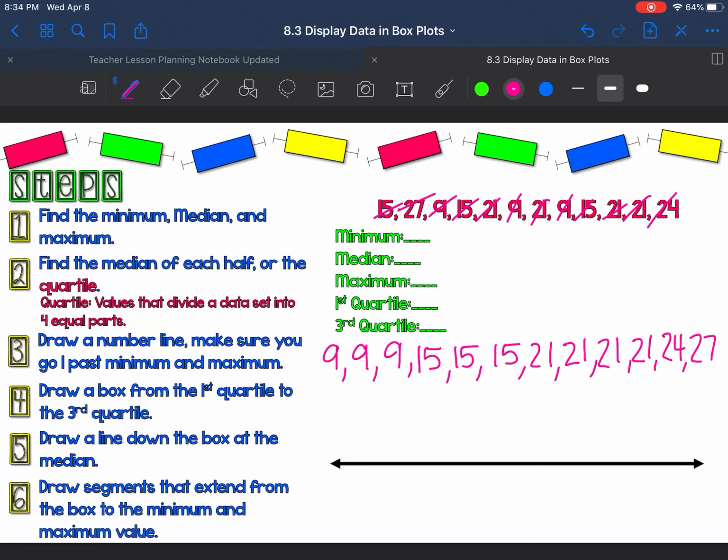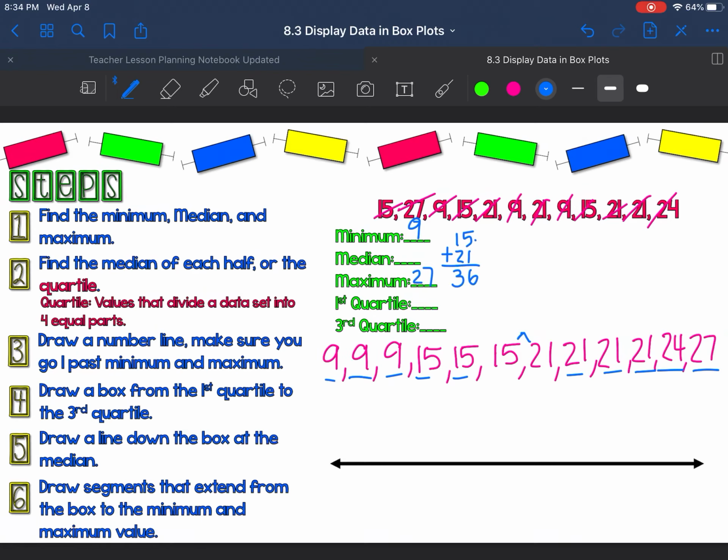Okay, so now that I have put them in numerical order, I can figure out what my minimum, my maximum, and my median are. My minimum is 9, my smallest number. My biggest number is 27. Now I need to figure out my median, my number in the middle. We're just going to go back and forth until we get to the middle. Oh no, it's an even amount. What do I do? No worry, guys. All we need to do is add them